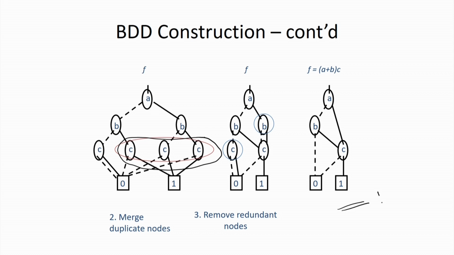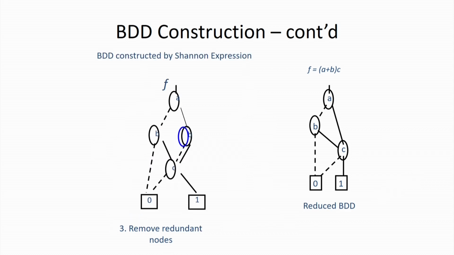So, we say this is the reduced binary decision diagram, because you cannot further reduce this BDD. So, we took a particular function, and from the BDT we came to the RBDD, the reduced binary decision diagram. Now, the same function I think we have constructed with the help of Shannon expansion. When I apply this Shannon expansion, we get this particular structure.